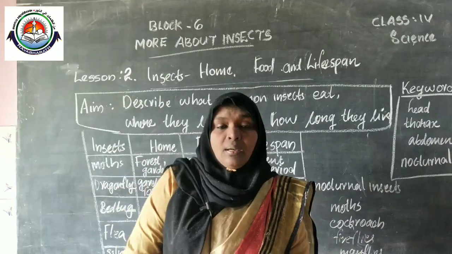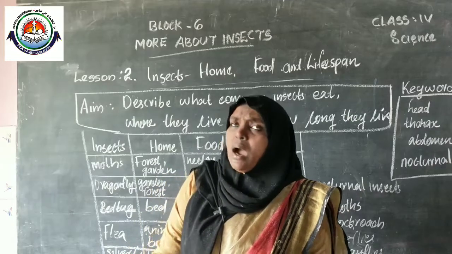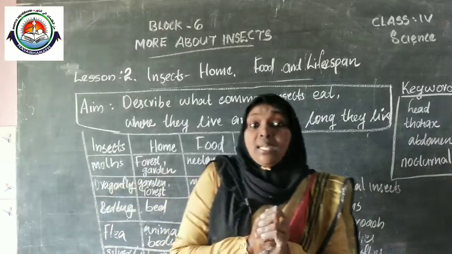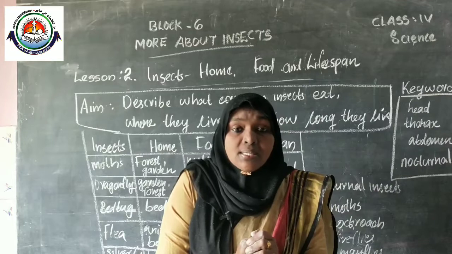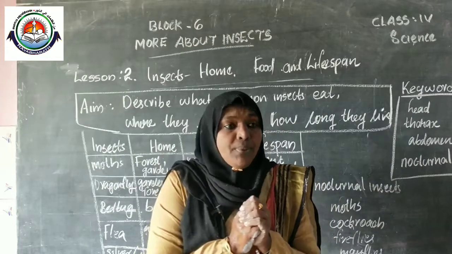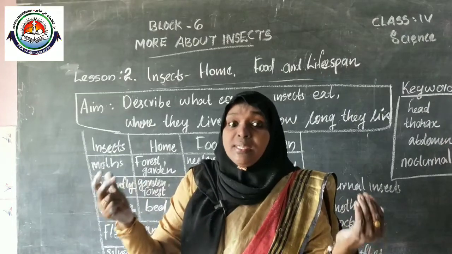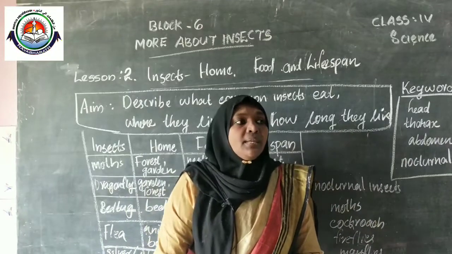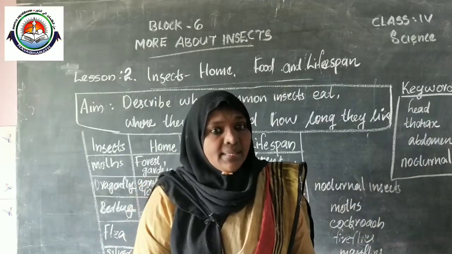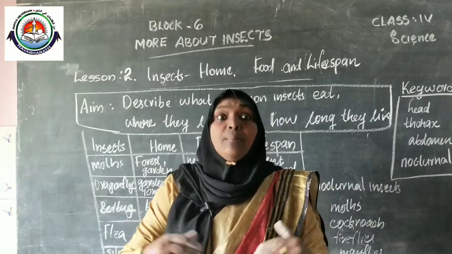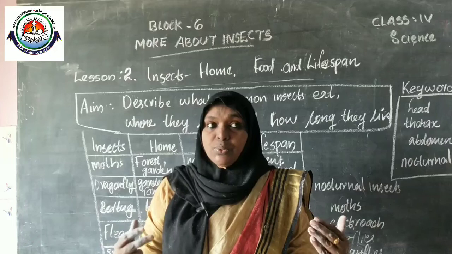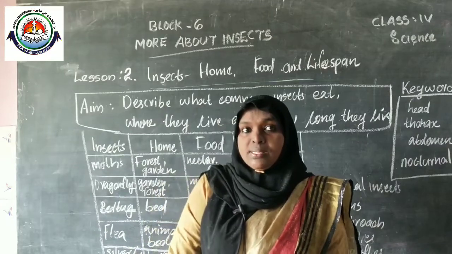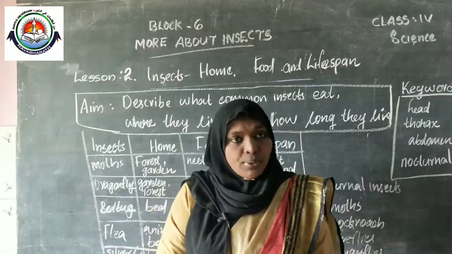dragonfly. How is the killing of dragonflies harmful to us? Yes, very good. They eat mosquitoes. Killing of dragonflies is harmful to us because dragonflies eat mosquitoes which spread diseases. So, killing of dragonflies can lead to an increase in the number of mosquitoes. So, we don't kill the dragonflies. Okay? All of you got the point?